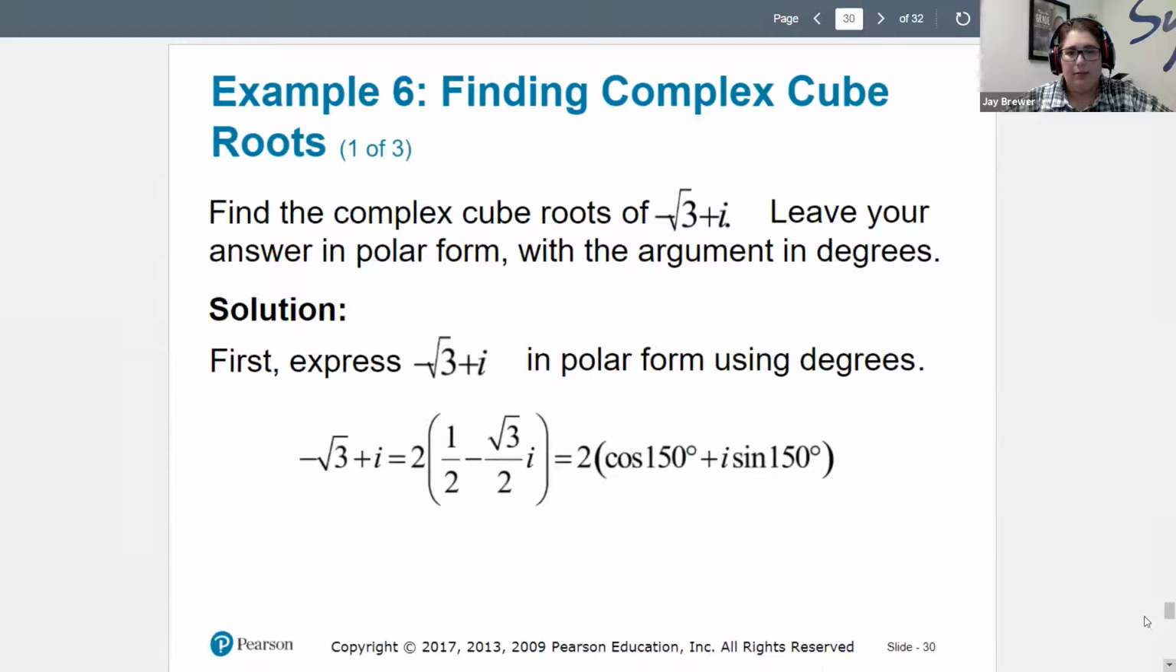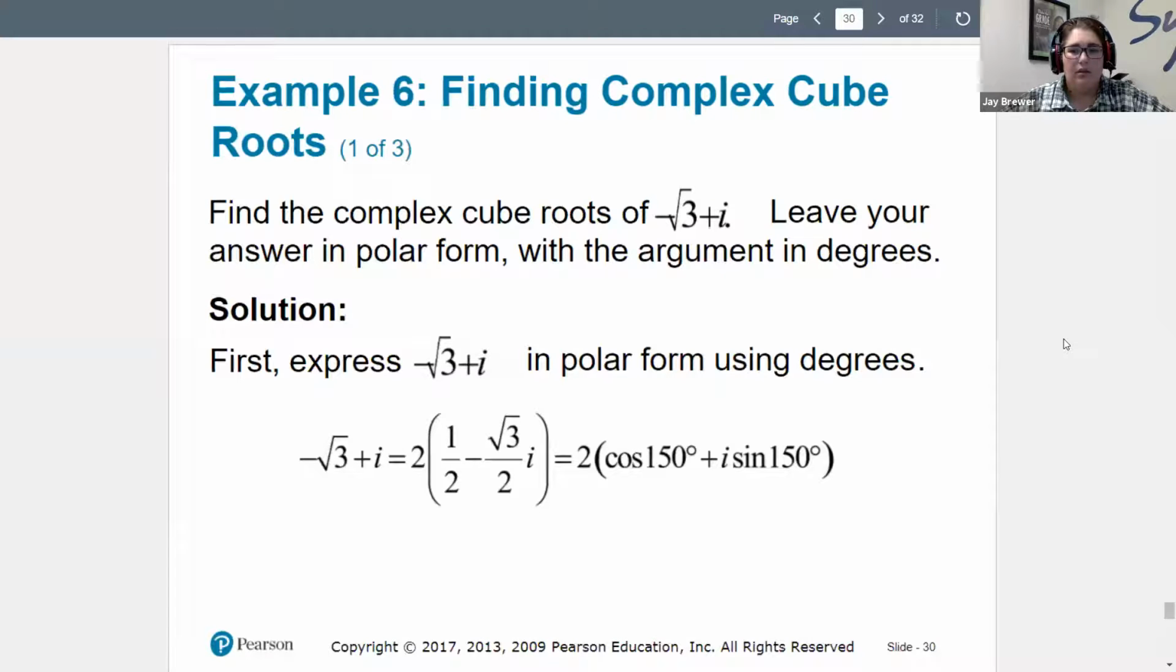Should be our last example for this set. We want to find the complex cube roots of negative square root of 3 plus i. We want to leave our answers in polar form with the argument in degrees. So that's pretty important, because I know some of you turned your